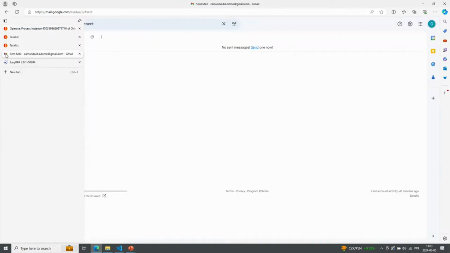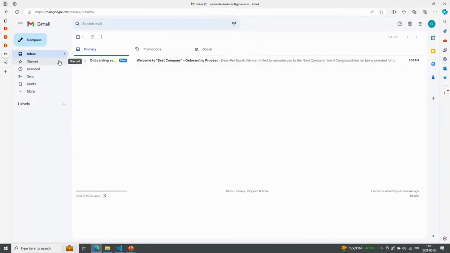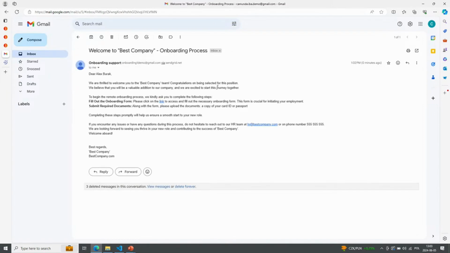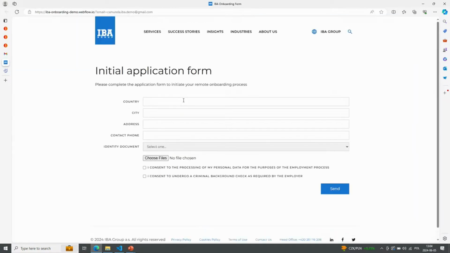So go to Alex's email box, and you can see here that SendGrid sent the email to our candidate. This is the first email that HR sent to the candidate. In this email we ask the future candidate to fill out the onboarding form and submit the required documents. The candidate will go to the link, and